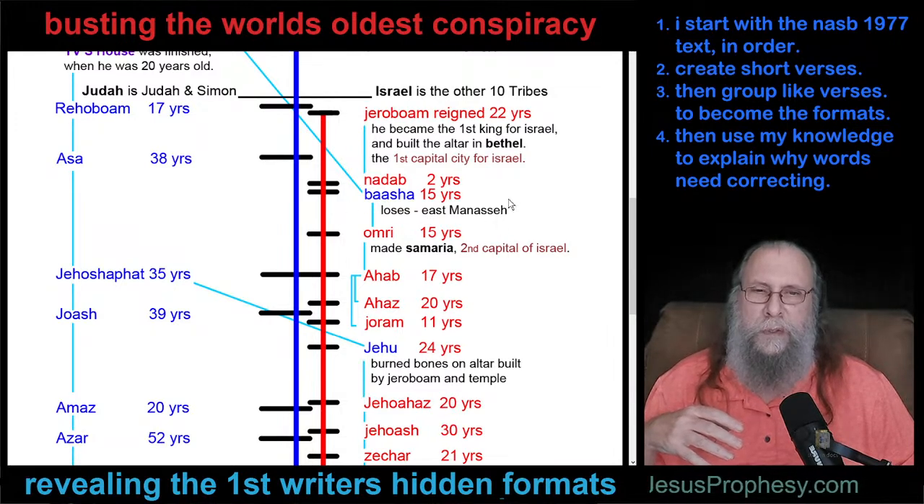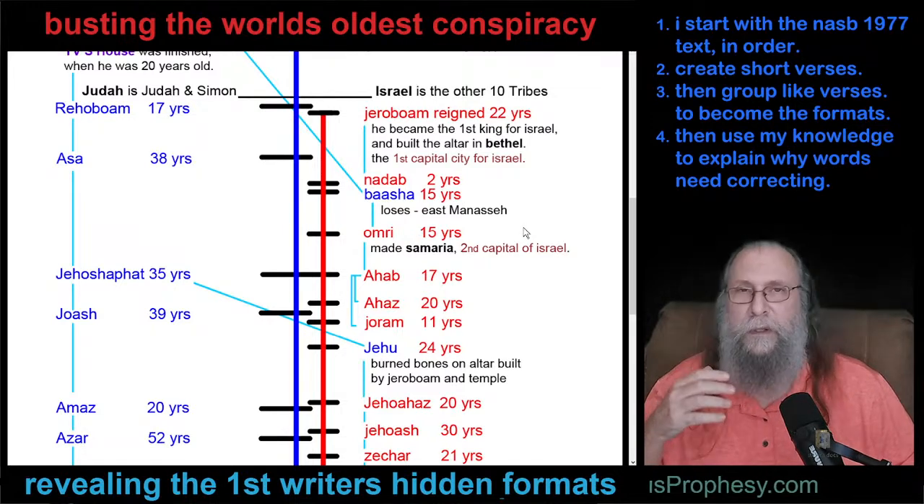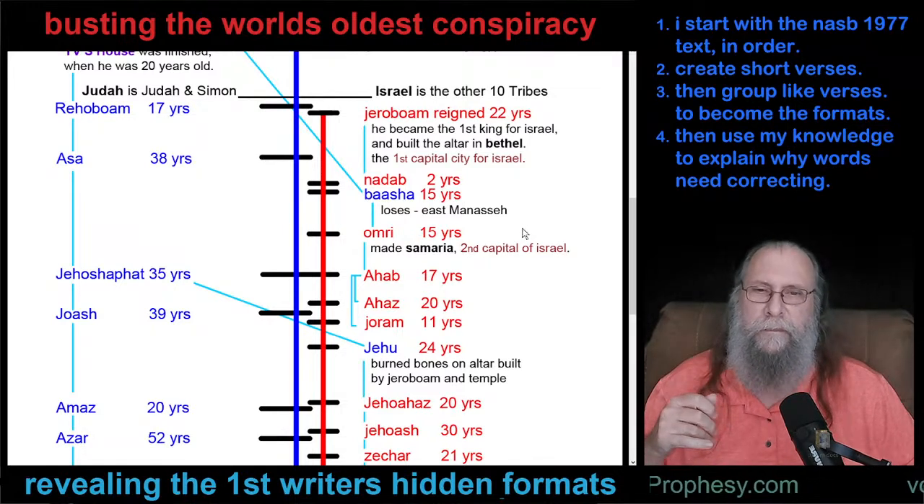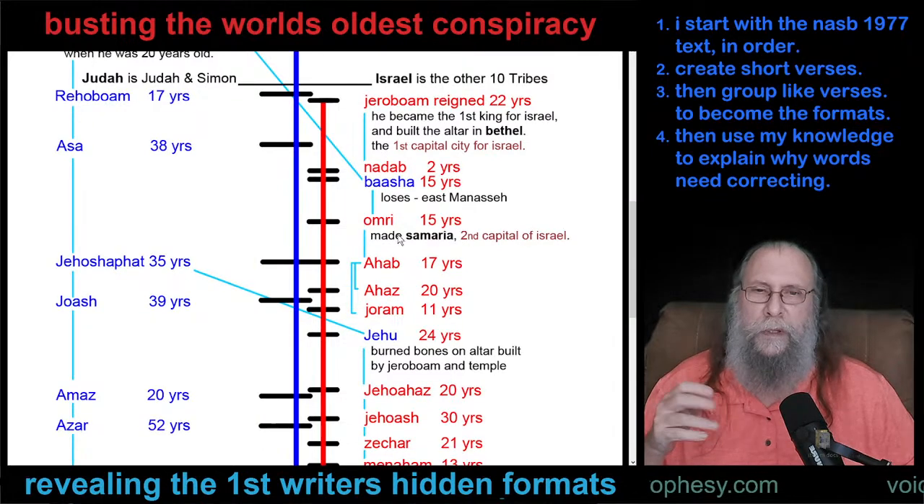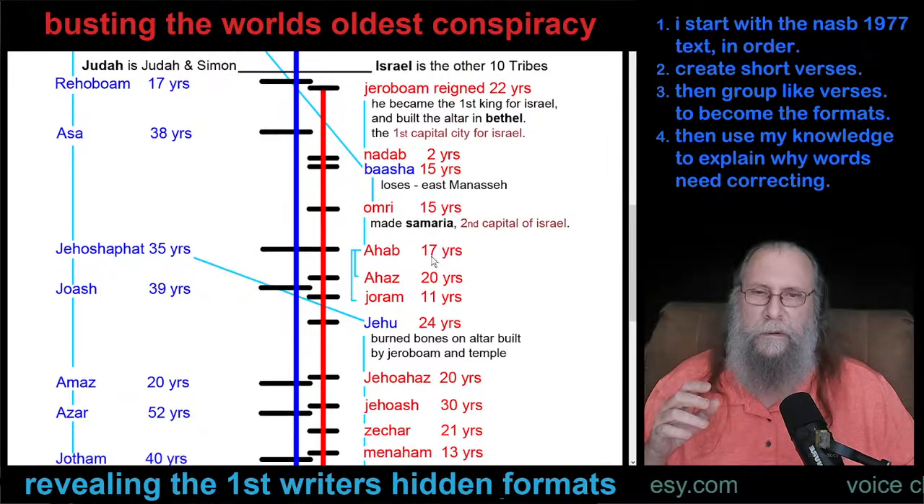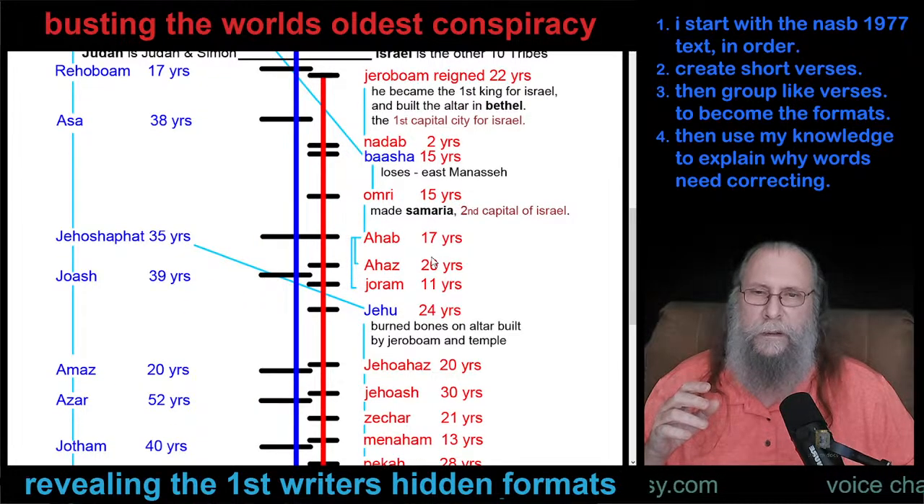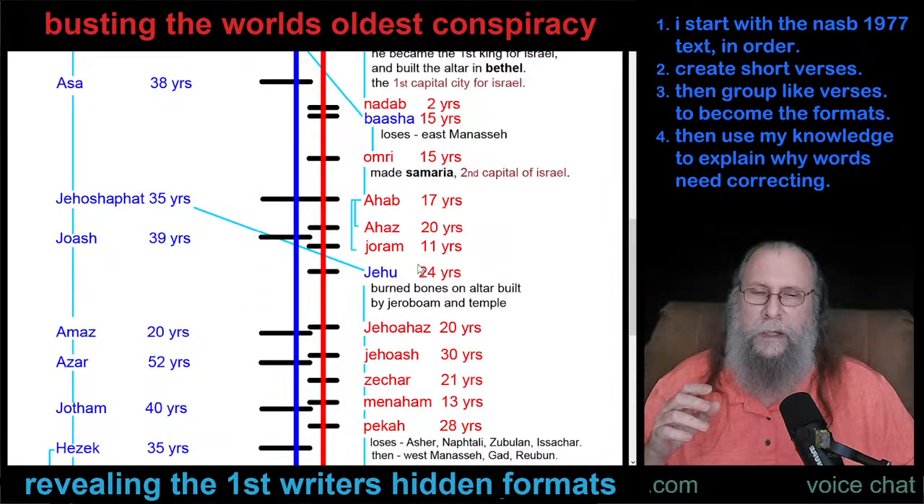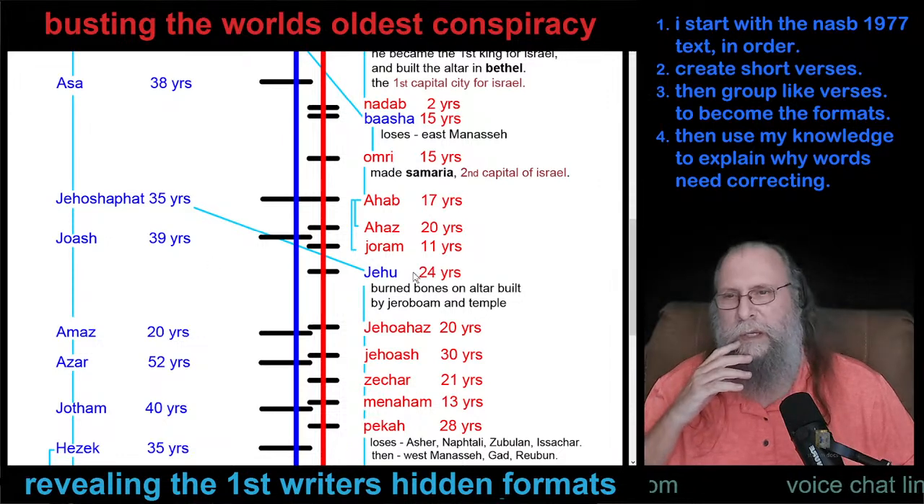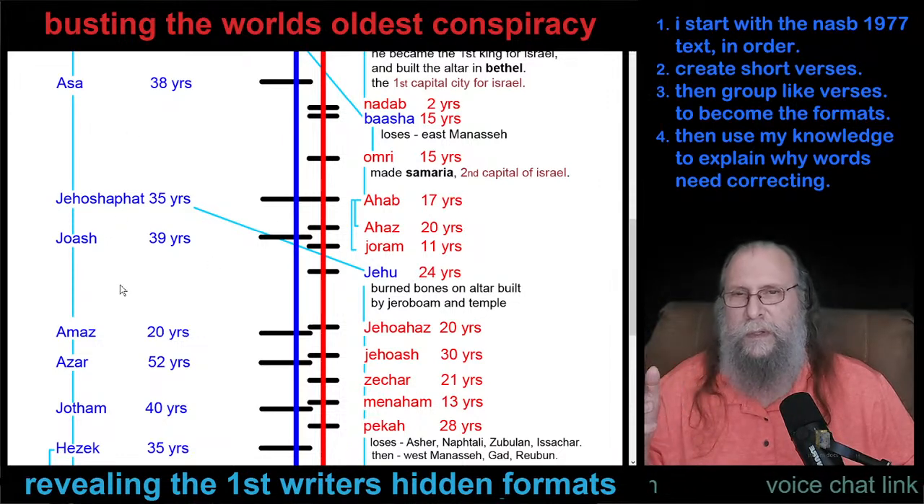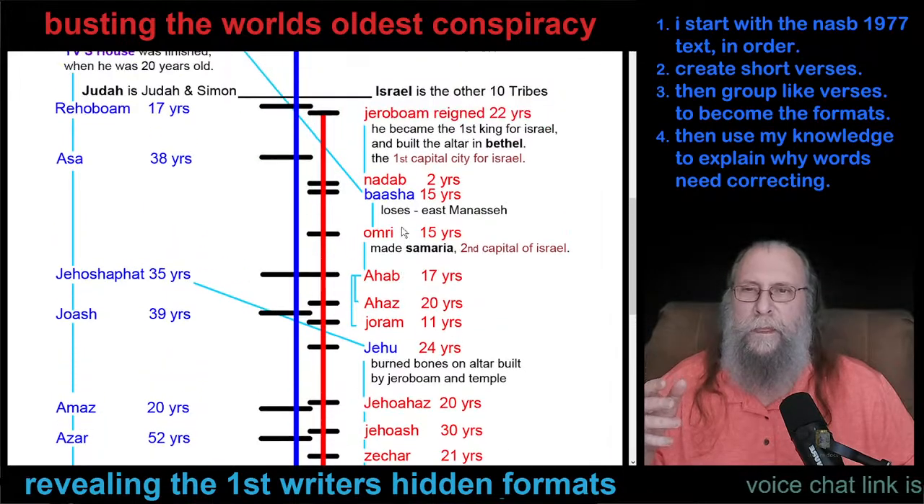This guy loses East Manasseh, and that is closest to Damascus. He made Samaria the second capital. I can't say that these were actually kings now, because if these guys are good and these guys aren't, then